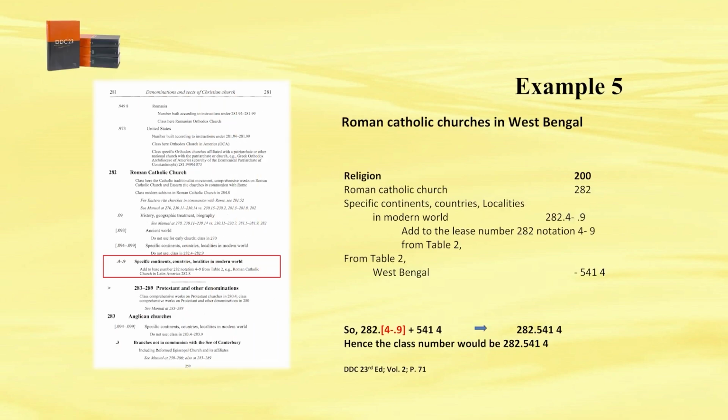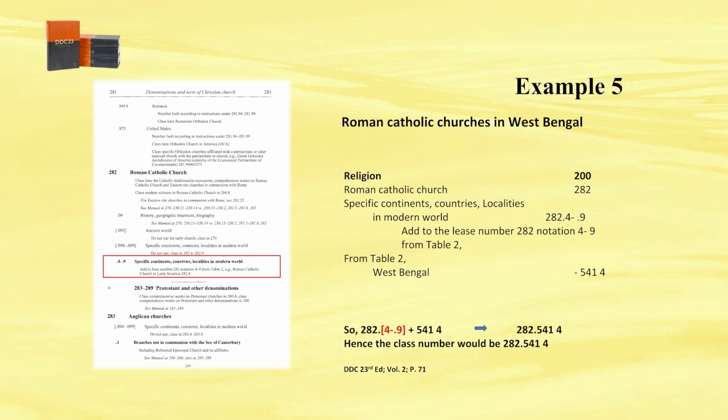Okay. So, next, the fifth example. The title tells us the book is about Roman Catholic churches in West Bengal. Okay. So, Catholic church means it's related with Christianity. So, we have to go in the range from 220 to 280. In the third summary, we can find in 282 there is Roman Catholic Church. If you go to the schedule and page number 71 of volume 2, you will get the Roman Catholic Church in 282. Under it, you will find for specific continent, countries and localities in modern world, the Roman Catholic Church in modern world is under